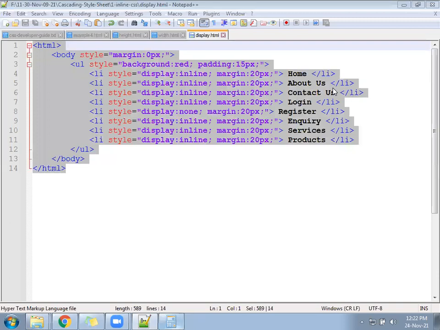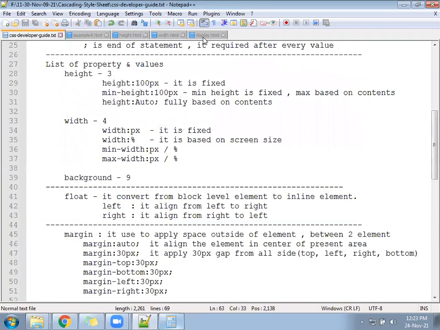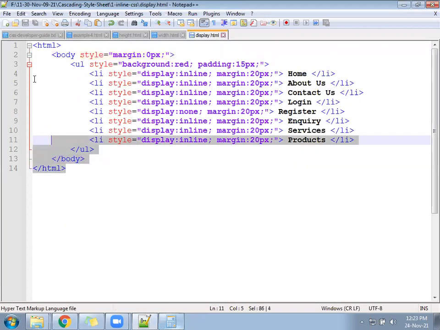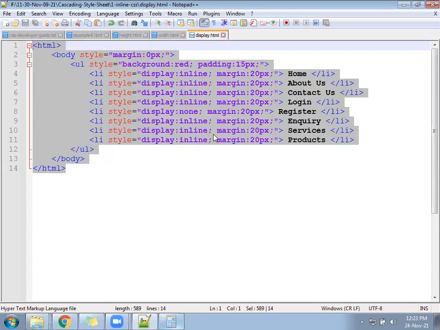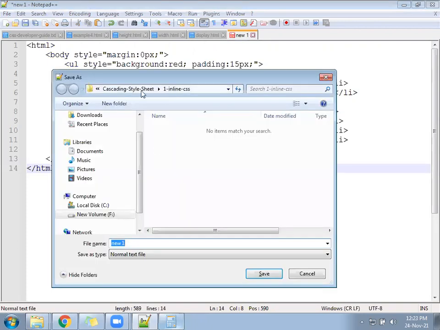We have many properties as of now, and we are going to implement them one by one and compare. So copy everything from this file and create one more file, test.html, under the internal folder, not under the inline folder.